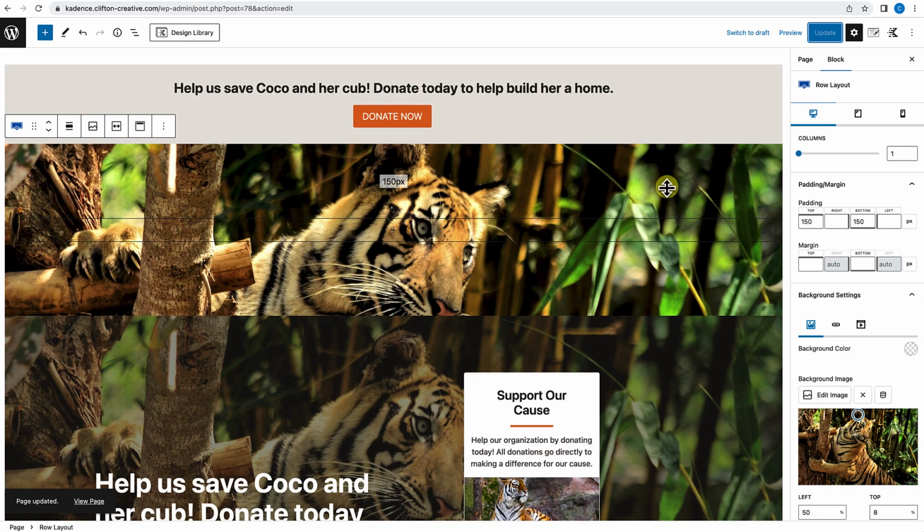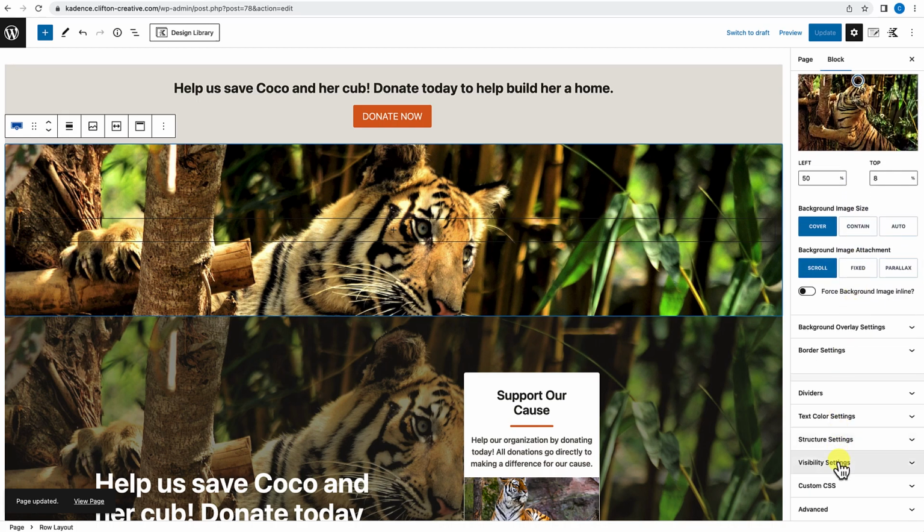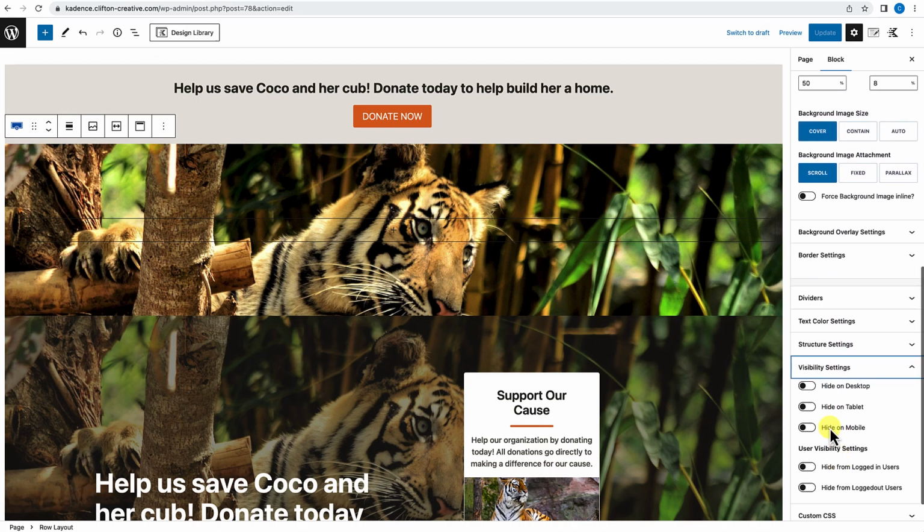Now I only want this row to show up on a mobile device. So I'm going to go ahead and select that row, scroll down to the visibility settings for the row, and I'm going to say hide it on desktop and hide it on a tablet. We're going to click on update,